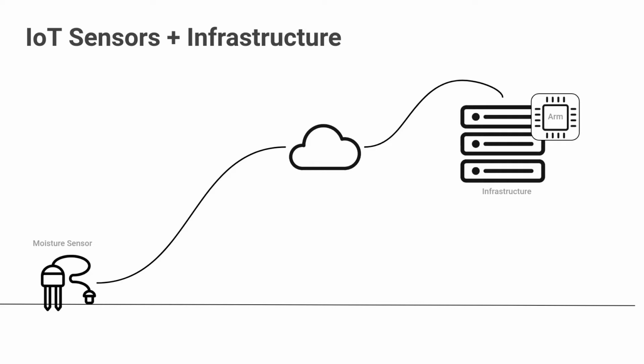This is a real world use case where farmers use moisture sensors to detect how much moisture is in the ground so that they know how much water to apply to their crops. It's a great way to be efficient with watering and also helps with their growing process. The sensor in the slide has a little wire connected probably to a battery, and you can imagine it also has a cellular type device to connect to a cell tower and send the data from the moisture sensor to some server or infrastructure that can capture that data and make sense of it.